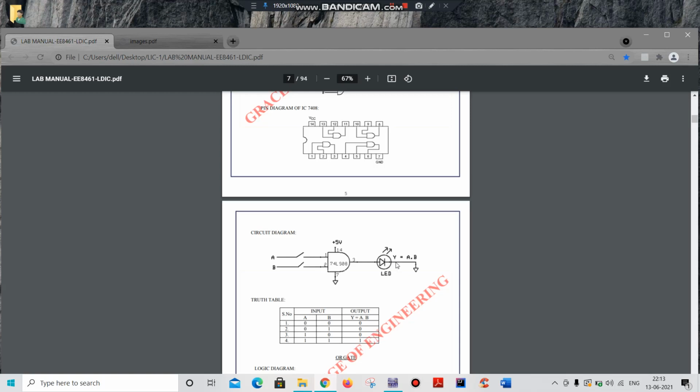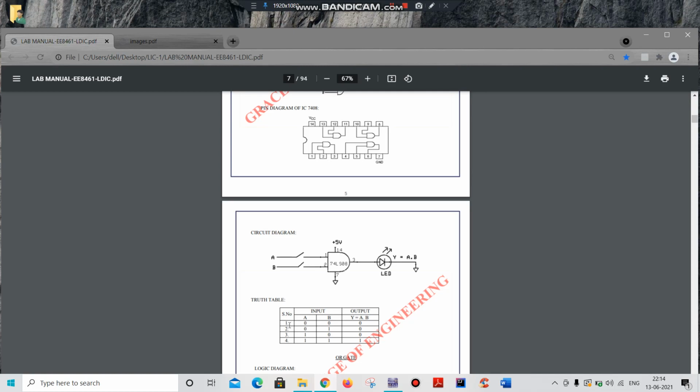After your LED, you have to ground your circuit, and as I said earlier, the 14th pin of your IC 7408 is meant for your supply, that is 5 volts, and the 7th pin is for your ground.